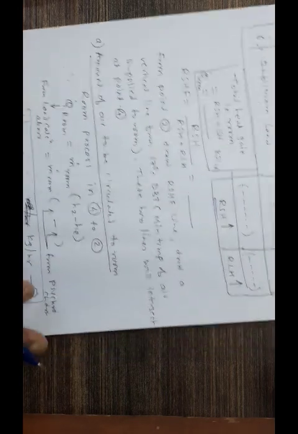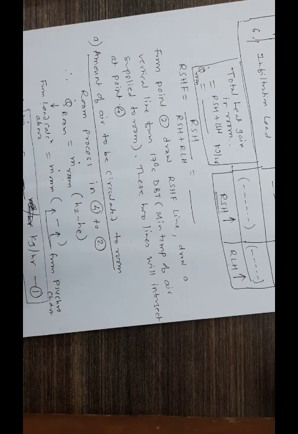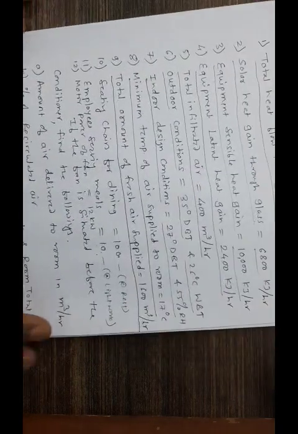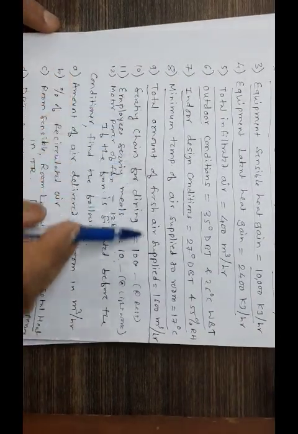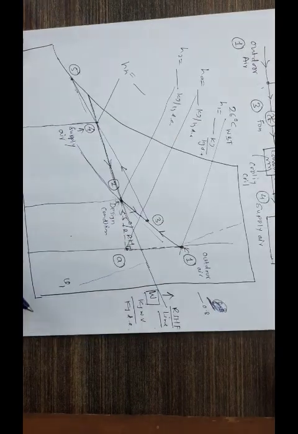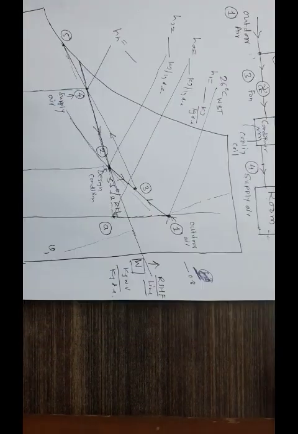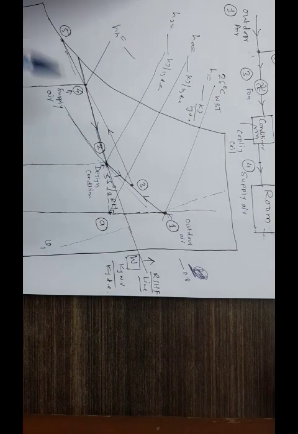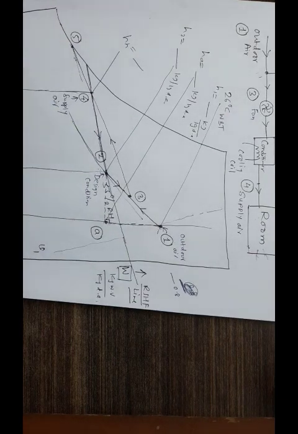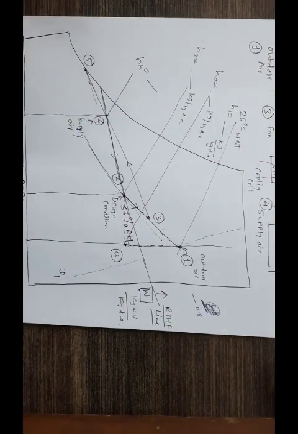Out of this total, they have said in the problem, here is the place, so you can see the total amount of fresh air supplied is 1600. So out of the total, 1600 is coming from the outdoor. So supposing that you get that to be some value, suppose you get 6,000. So out of 6,000 you are getting 1,600 from fresh air. So 6,000 minus 1,600 will be your recirculation. So that's what we are finding out here. You can see this now.